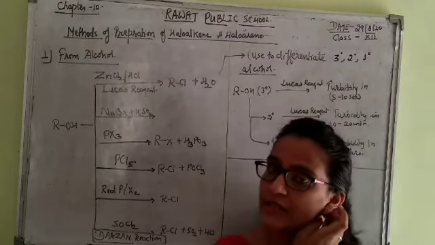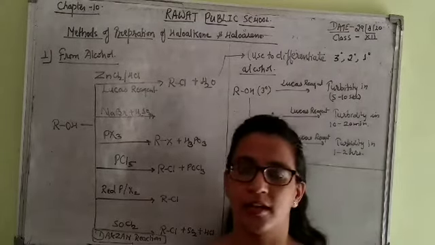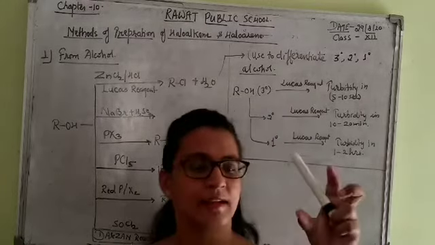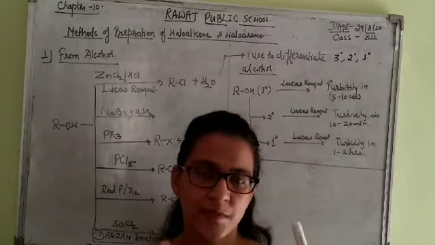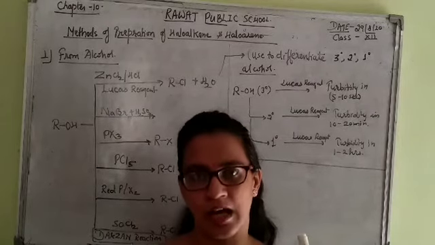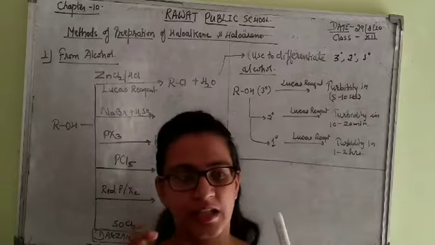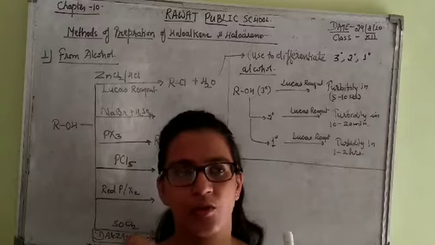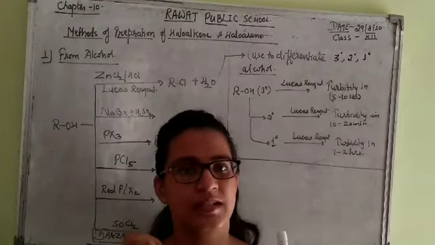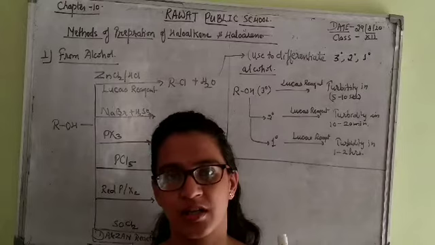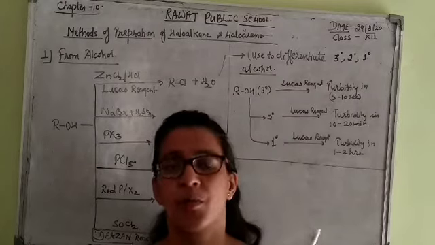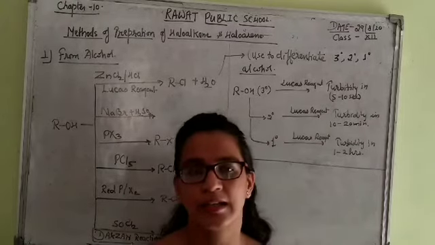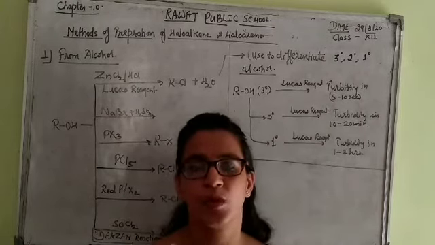As in the previous lecture, we discussed the properties of haloalkanes and haloarenes, the nature of their bond. There is a halogen group and there is a carbon, and there is a difference in electronegativity. Halogens have a higher electronegativity. It means the bonded electrons are shifted towards the halogen group, so the halogen has a partial negative charge and the carbon has a partial positive charge. This difference in electronegativity makes haloalkanes and haloarenes polar bonds.